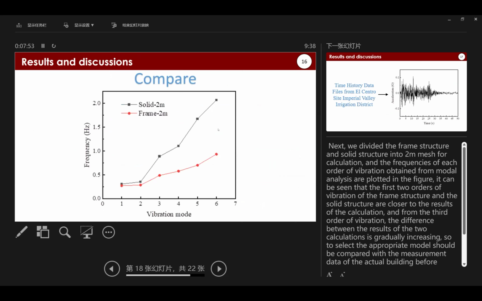Comparing the solid and the frame model, we can find that the first two modes of frequency are similar, but however, after the three modes of the